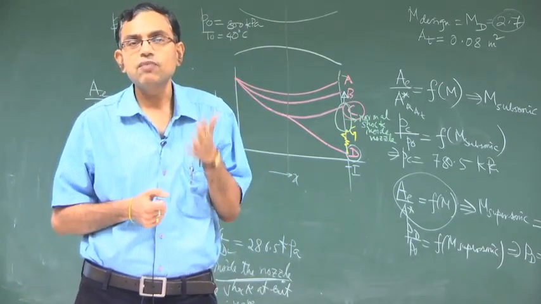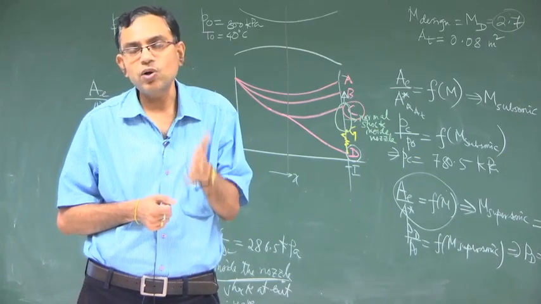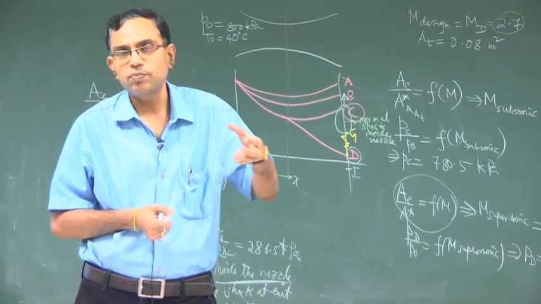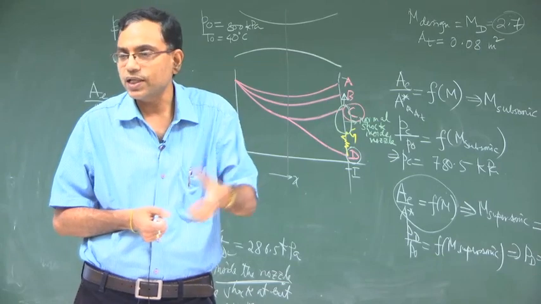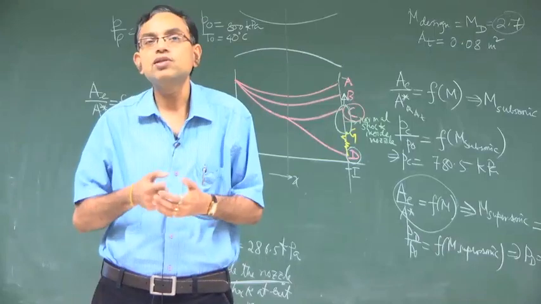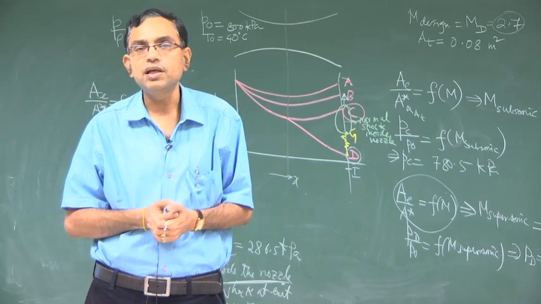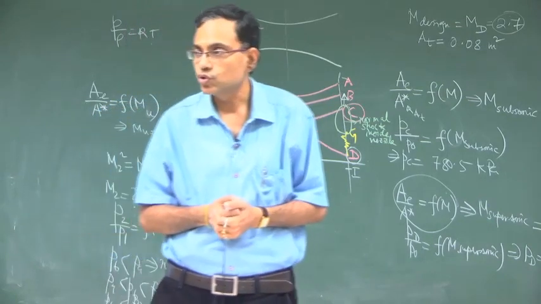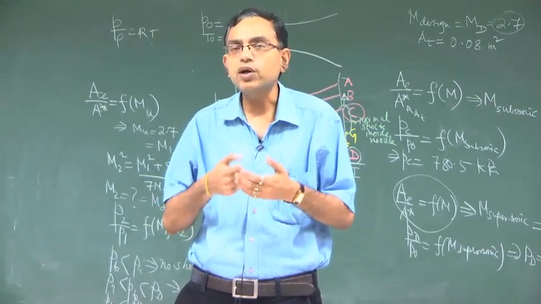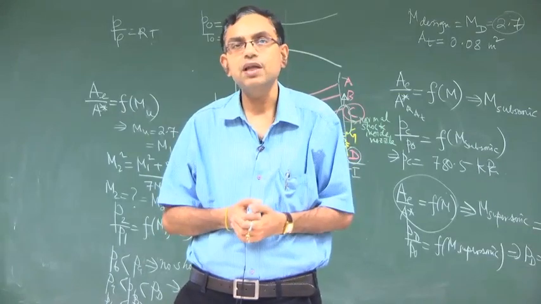What happens if the flow deviates from isentropic flow? So, one possibility is that the flow still remains adiabatic, and that is not a very bad assumption because compressible flows are very rapid flows. So, adiabatic assumption may work well, but the flow is not reversible, and the lack of reversibility is because of friction in the flow. So, if we consider friction in the flow, what happens to the modeling, to the analysis of one dimensional compressible flows, that we will take up in the next lecture. Thank you.